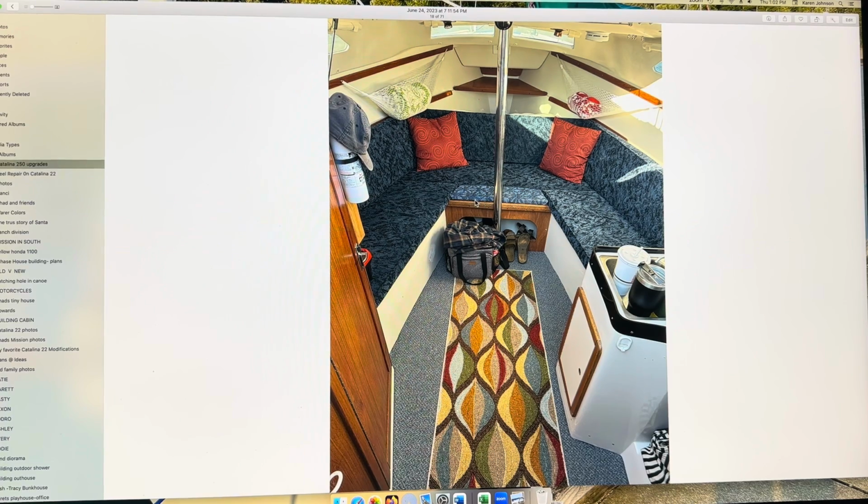Also, I found a piece of upholstery foam and covered it with something that matches pretty well. So that extends the V berth, which is very comfortable. Added nets here for storage, which is really good. Also found a piece of